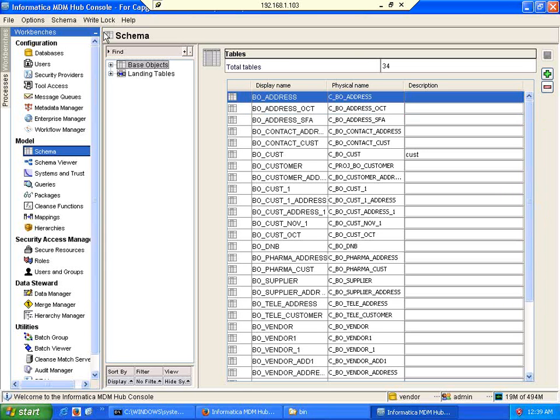So in order to do that, we need to use what? Schema manager tool, which is highlighted now, right? So which means in order to build a model here within hub console, anyway we use schema manager, but within that what do we do? So within that we need to start